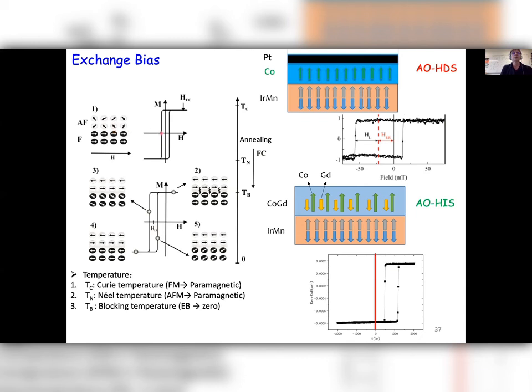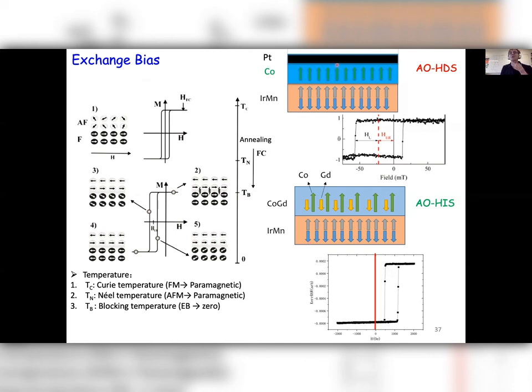If you are above the Néel temperature, then the reversal of the magnetization is not affected by the antiferromagnet, and you have a hysteresis loop that is centered around 0. If you go below the blocking temperature, then you have a shifted hysteresis loop because of the coupling between the ferromagnet and the antiferromagnet. And so we played with one antiferromagnet, iridium manganese, and on top of it, we put